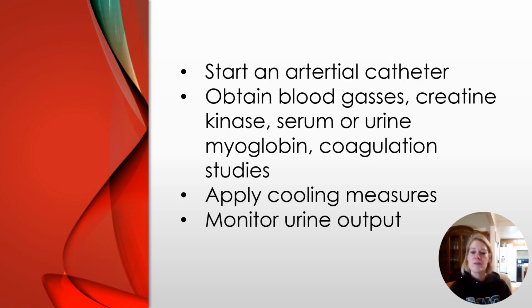Okay, so now you've got this event started and you've got people scrambling to get all the things that you need. In the MH cart, most of it should be available. You're going to assign a person to start an arterial catheter to monitor blood gases, acid-base balance, creatine kinase, serum